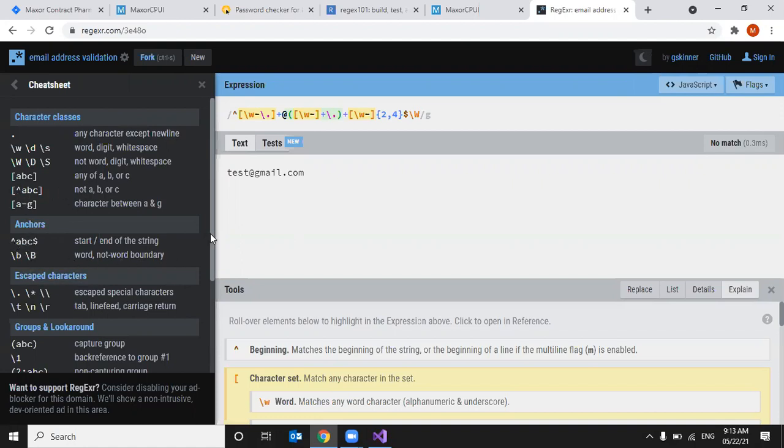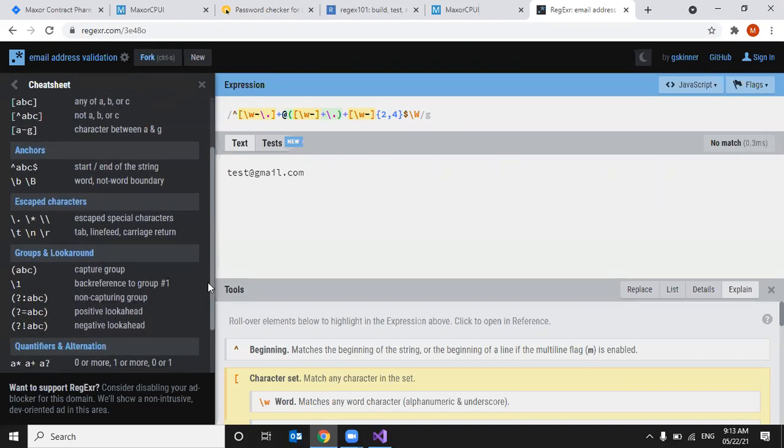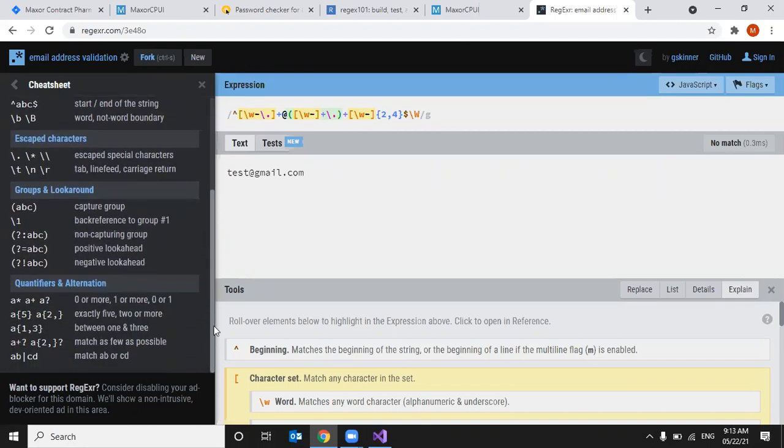Like this we write expressions. A star means 0 or more A's. A plus means at least one A, then any number of A's. A question mark means 0 or 1. See the difference?